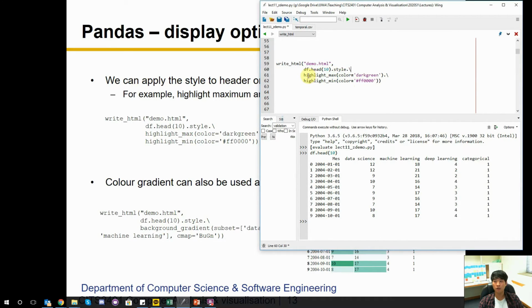Okay, so what I'm going to do is highlight max. This will try to find the maximum values and highlight them for us. In this instance, we're going to use the dark green color. Highlight min, we're going to use this particular color. This is the HTML coloring scheme, so you can look that up as well. There are a few colors that you can define as words, otherwise you can use this HTML coloring scheme as well. So if we run that,